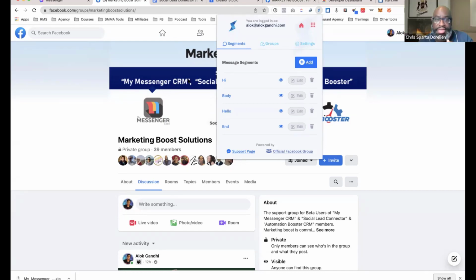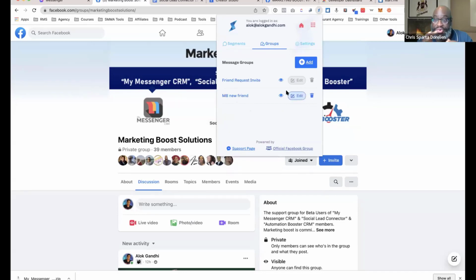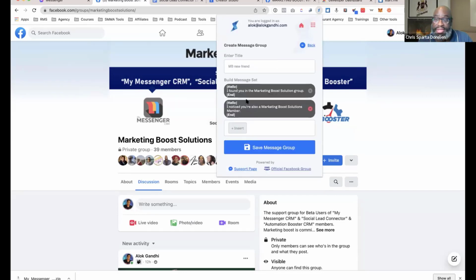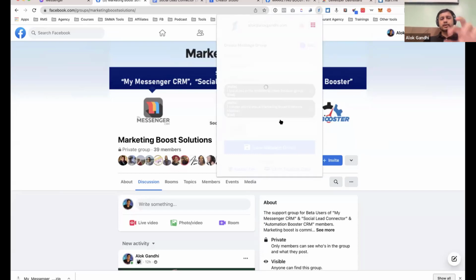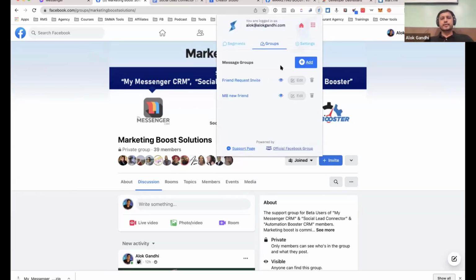So with the static messages, since they are live reading messages, they're not switching like the segments. If you have two or more static messages, the system will flip them as it runs through, correct? It's not going to be the same one all the time. Correct. So that's why I created two different versions here. So there are two different statics in this, but I created two different statics to make that group. The group is called MB New Friends, and it will be more clear when I select that, and I'll show you where to put that.